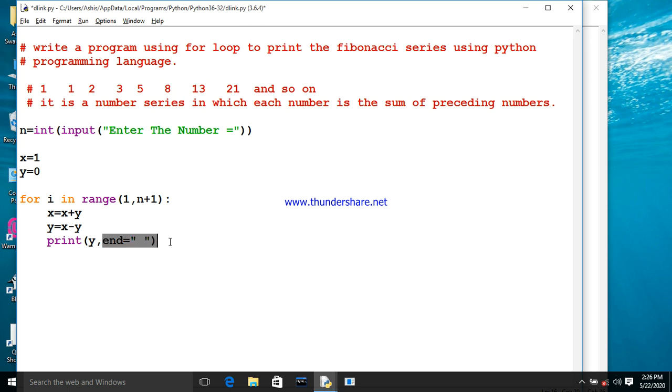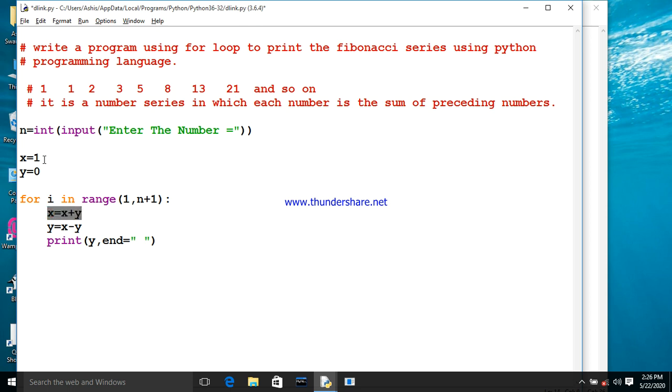Okay, so now let's talk about how it works, the logic, because in computer science or any programming language you have to concentrate on your logic. If your logic is correct, your program is correct. So here x equal to x plus y. What is the value of x?